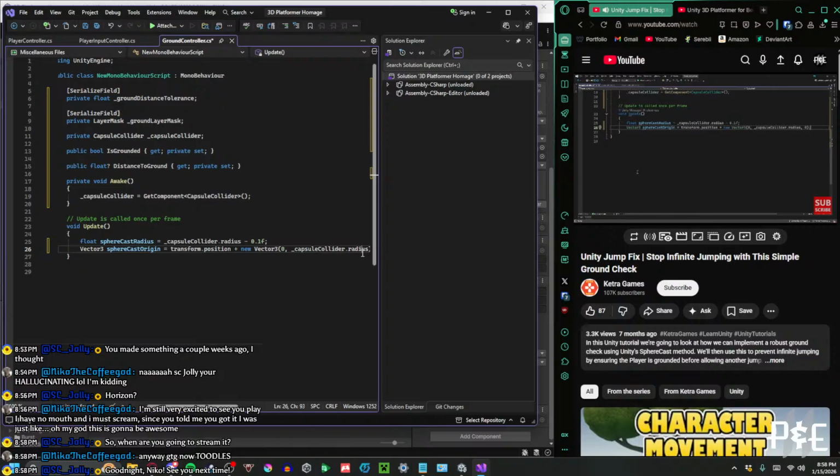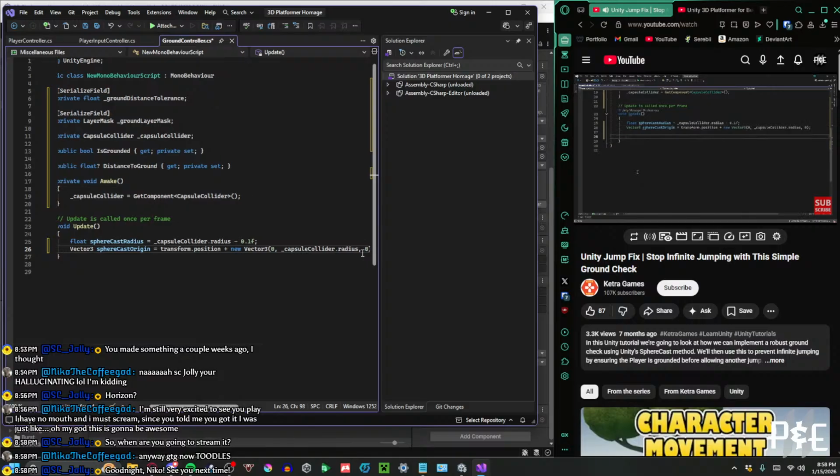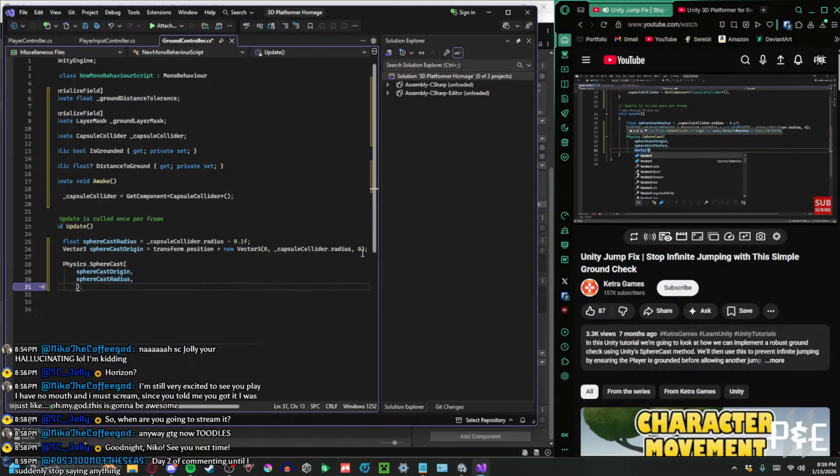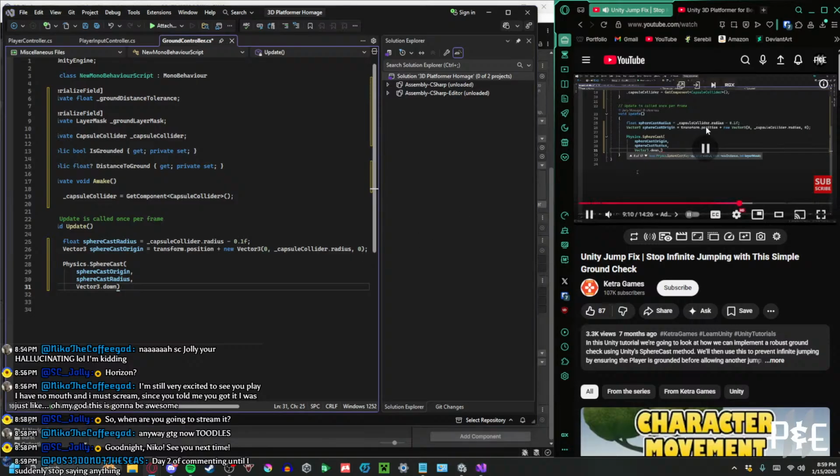Now we can execute the sphere cast by typing physics.spherecast. We'll pass in the calculated origin. Then we'll pass in the radius. The next parameter is for the direction of the cast. We want to cast downwards, so we'll use Vector3.down. This creates a vector with -1 in the y direction. The next parameter allows us to